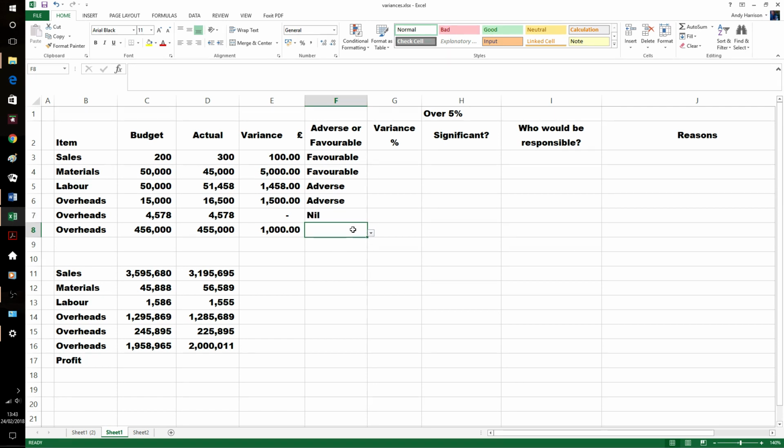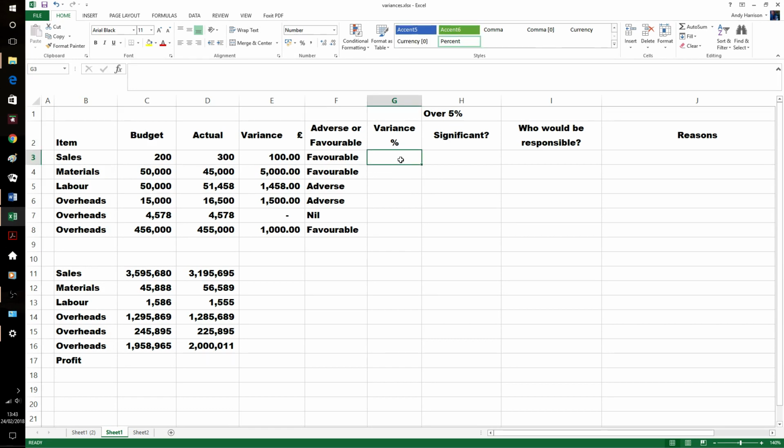Although most people will be quite happy and consider a nil an achievement, not spending more than budget. This one, it's £1,000 less. Not a big variance, but that's good anyway. Still goes down as favourable. So just favourable or adverse is useful, but not the whole story, which is why we start to use the